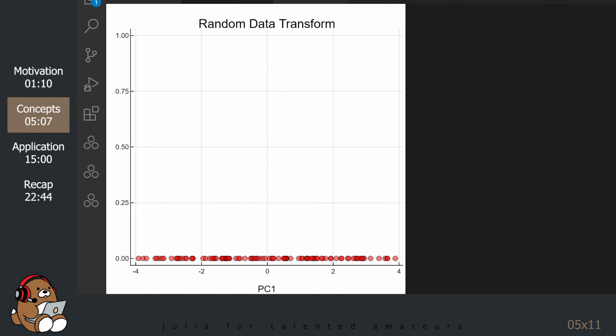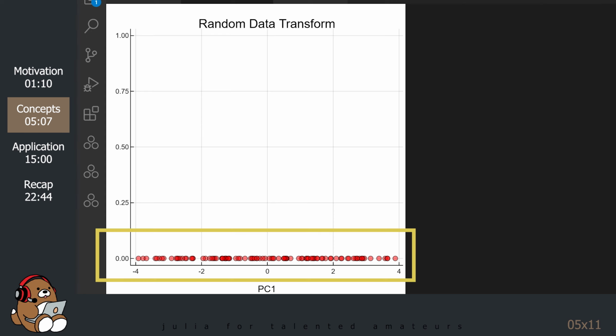This is the plot of principal component 1. PC1 is a one-dimensional abstraction of our original two-dimensional dataset. Just like our original dataset, PC1 has 100 samples, but they're all plotted along the x-axis. Also note that the scale is different. The range has been normalized with a mean of 0.